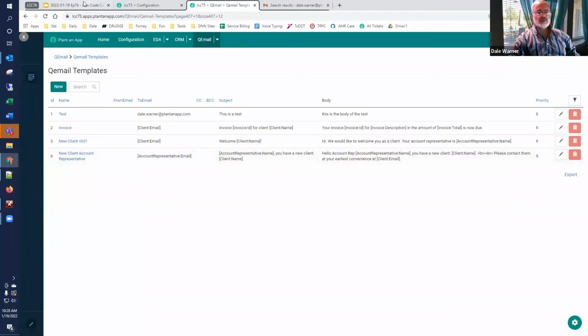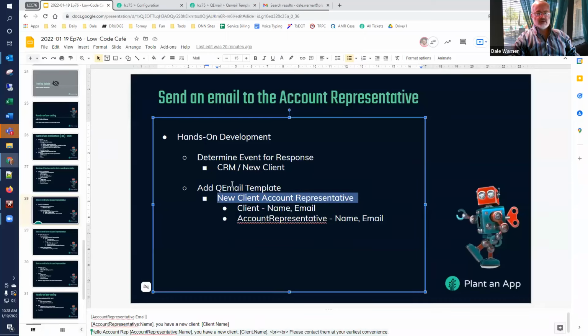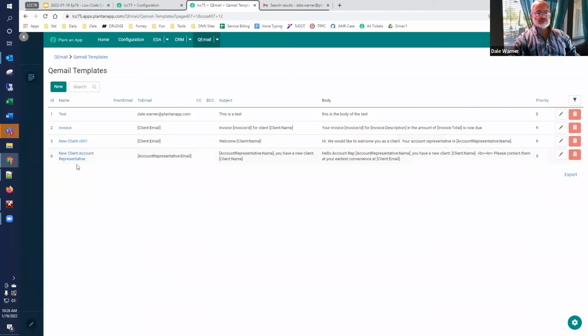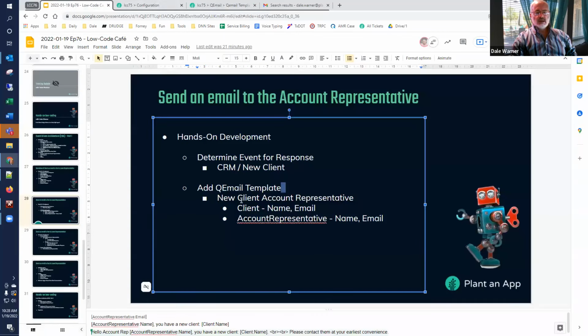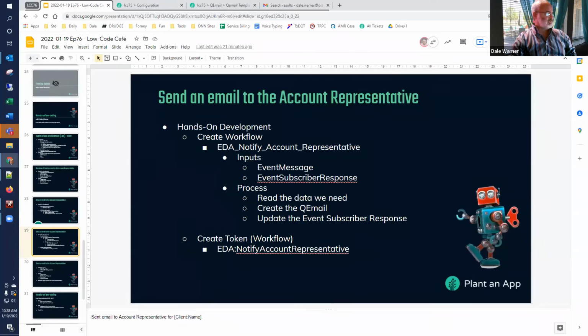Okay, so that's step one. We've added a new template, and we'll want to take note that this is template ID 6 because we're calling these by ID. In more advanced Q email, maybe we would call them by name, but right now we're calling them by ID, so we'll need 6. Great. So next step in our development